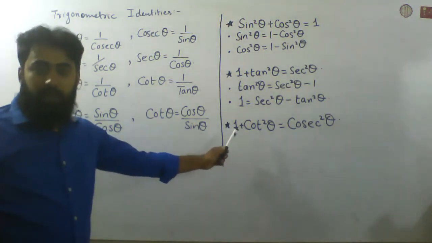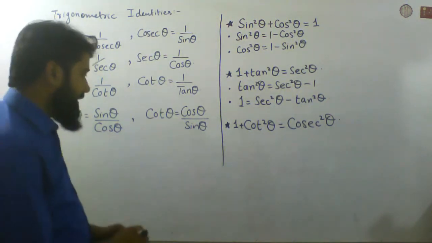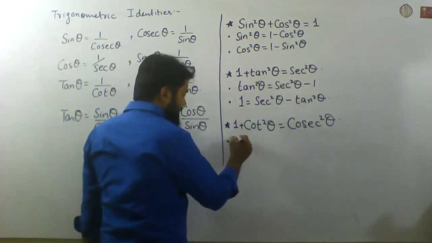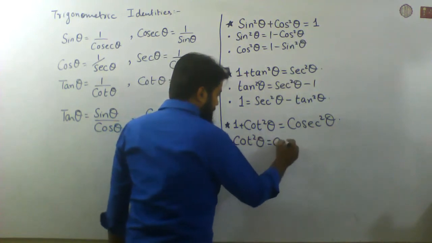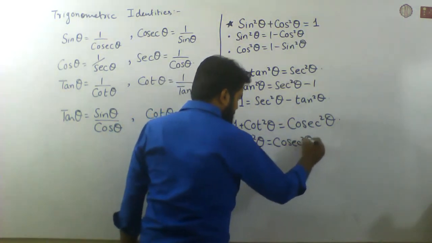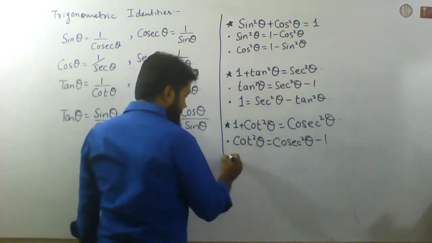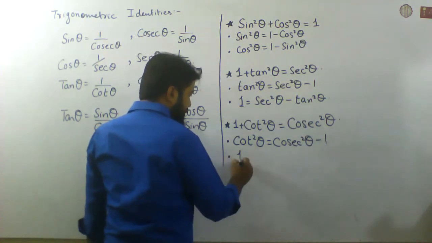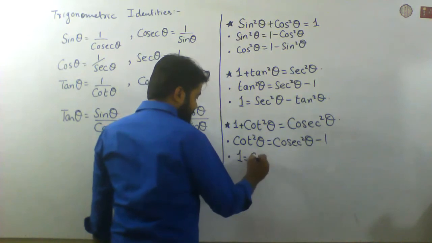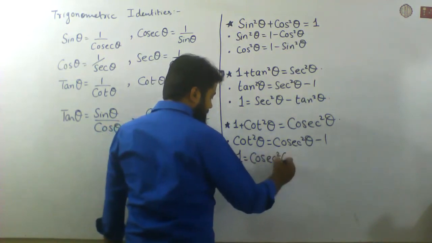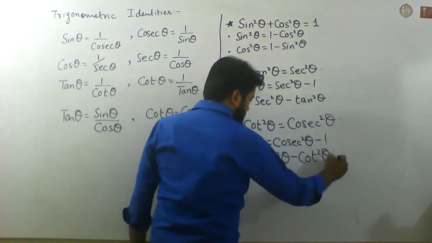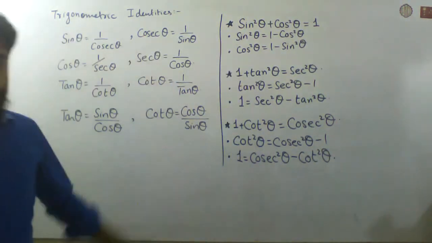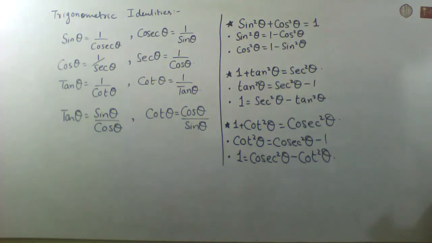That is my third squaring identity, and variations can be cot square theta equals cosec square theta minus 1, and 1 equals cosec square theta minus cot square theta. Okay, so these are the formulas which we are going to use